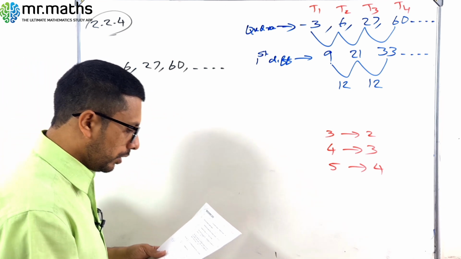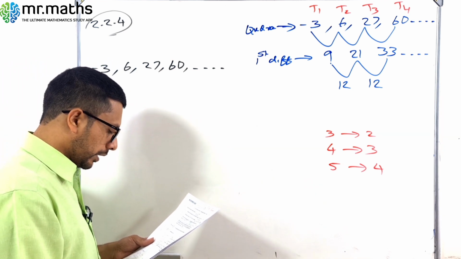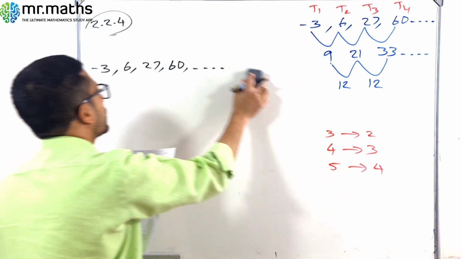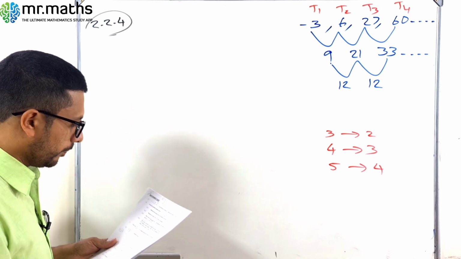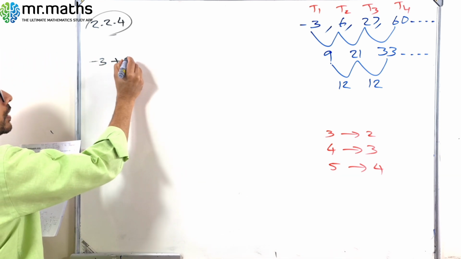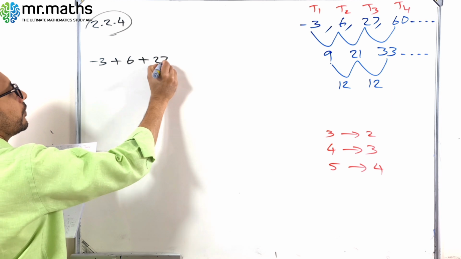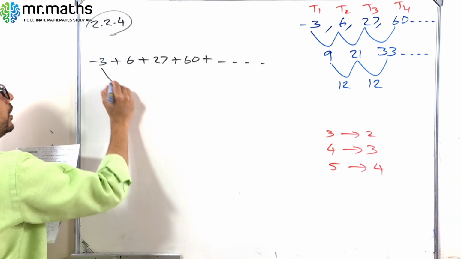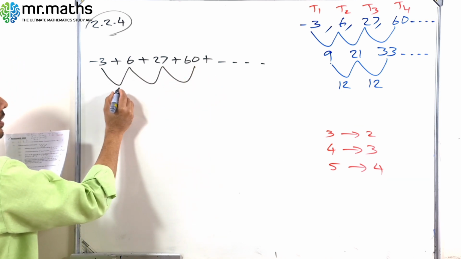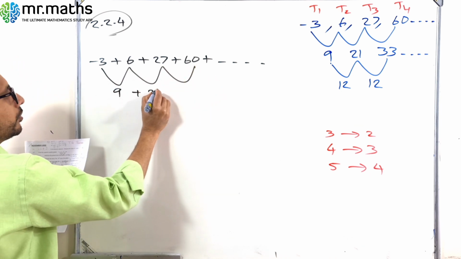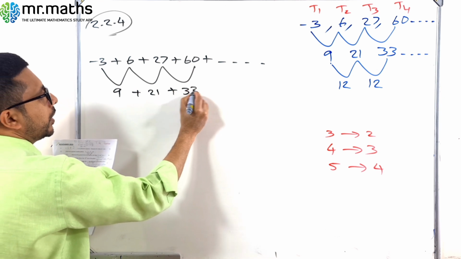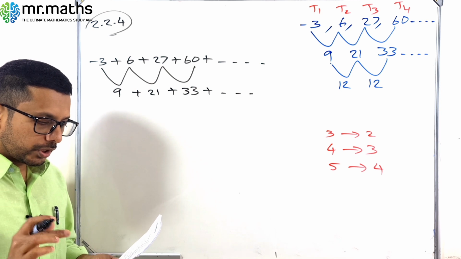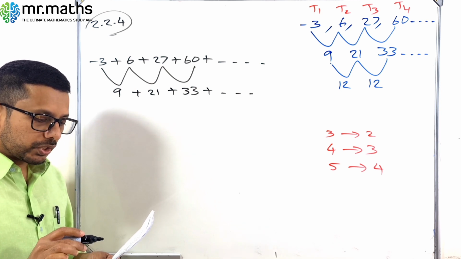Okay, so now what is the question? Where is that question? Okay, so here this is addition. Let me write it like this: minus 3 plus 6 plus 27 plus 60 plus etc. And here, what is this one? First difference: 9 plus 21 plus 33 plus etc. Now look at that question once more: how many consecutive first differences